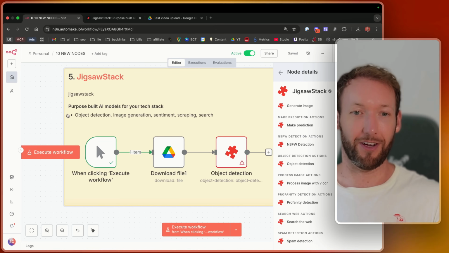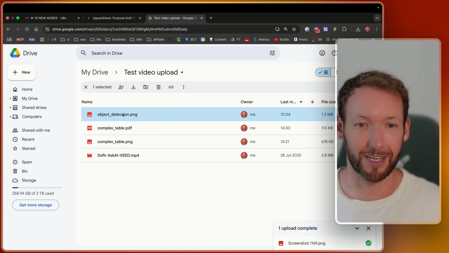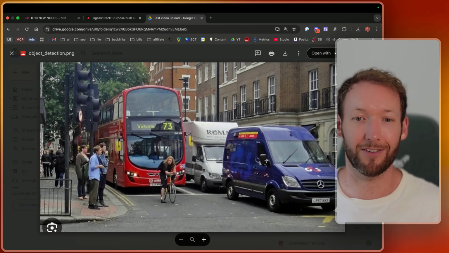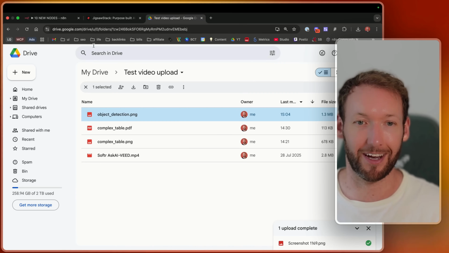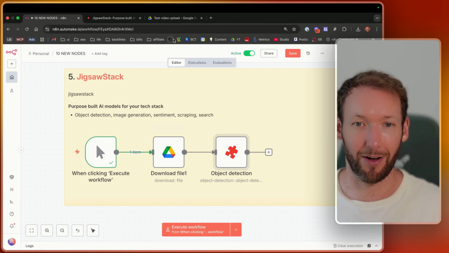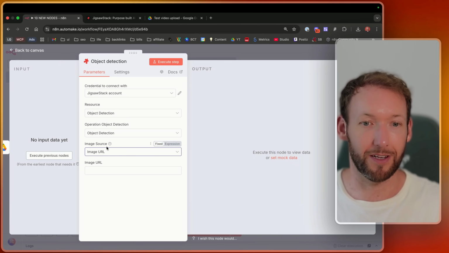And we're just going to give it an example of object detection because I think it's a pretty cool use case. We've uploaded in here an image of a London bus scene, probably quite outdated now, but there's lots of different objects to detect in here. And what we're going to do is download that file and then hopefully just upload that straight into here. It looks like we need to store it as an image